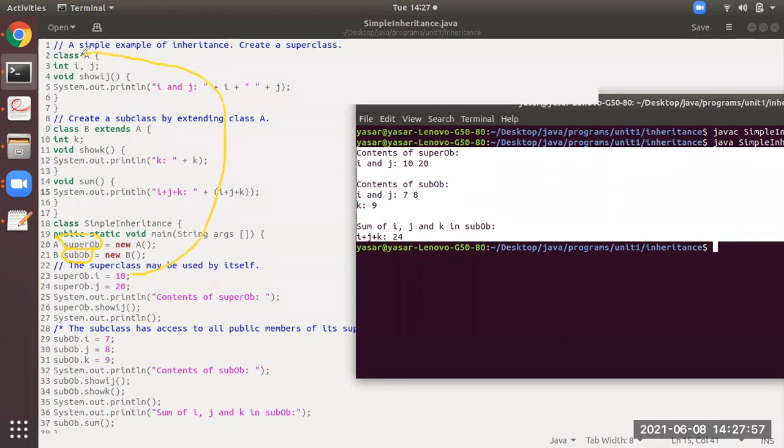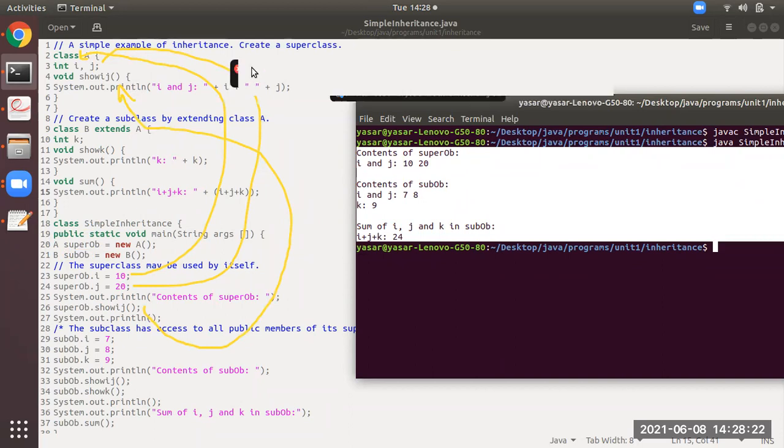Similarly, at the 24th line, superOb.j, superOb being an object of class A, will initialize variable j of class A. Now you can see superOb.showij will invoke this method, and this is the output shown over here.